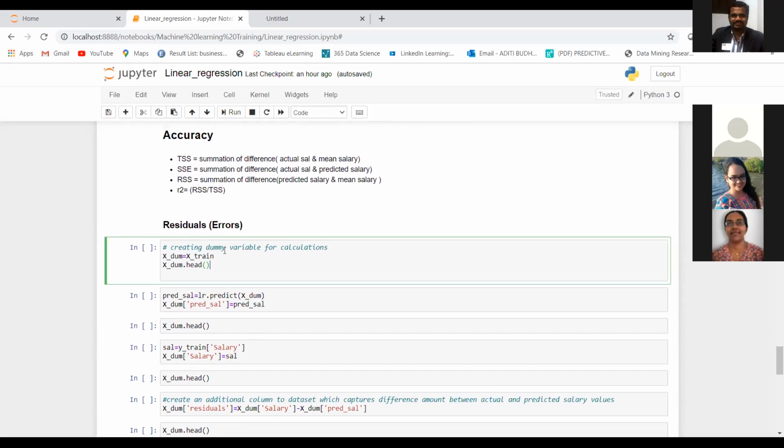So let's get started. First, I will take my X train and create a dummy variable for calculations of this accuracy. I'm just taking my X train which we had created and saving it as X underscore dump.